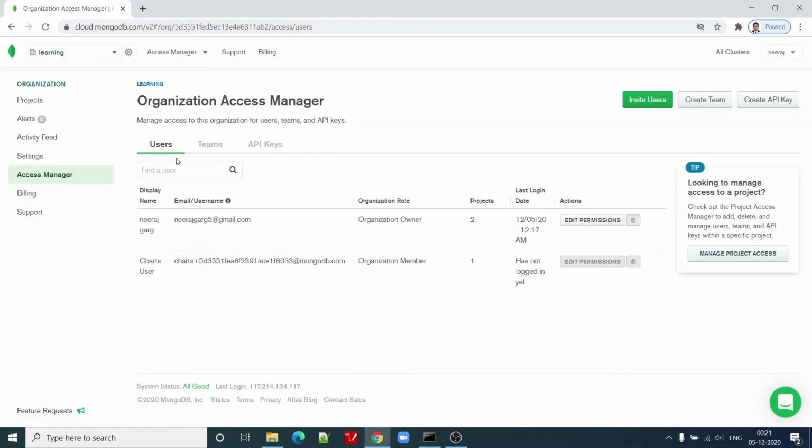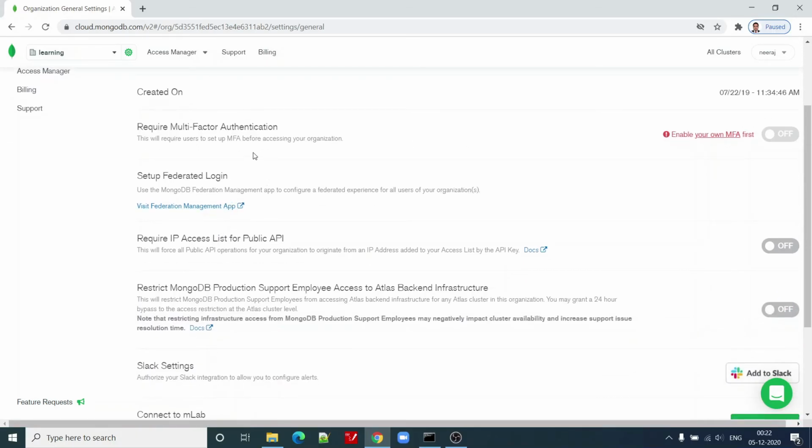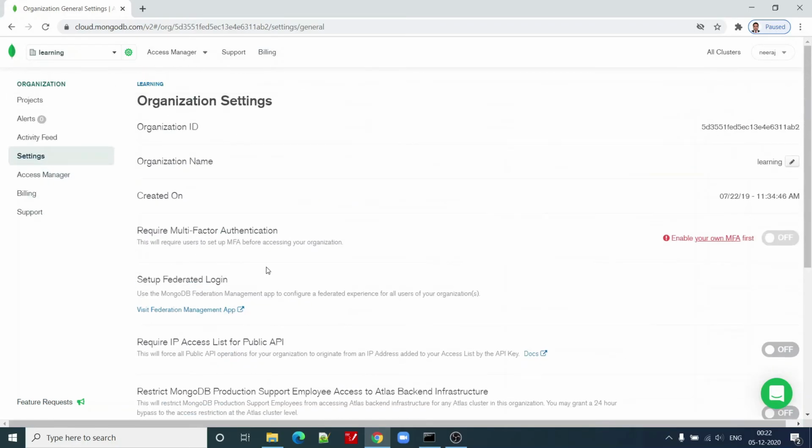Then project level access or organization level access can also be managed from here. For example, in the previous section I was describing project level access, but now this is organization level access, right? So this is how we can manage. For settings, this is the org level setting, right? It shows the organization name, the date it was created on, multi-factor authentication, and all those things.